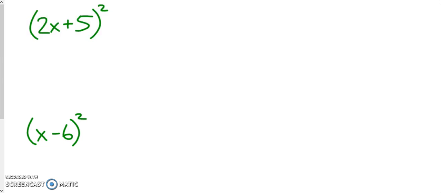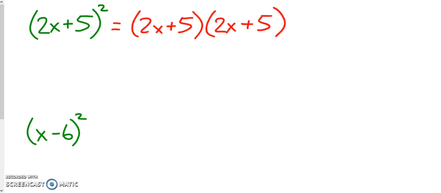So, as a result, we need to approach this a different way. Well, if you square something, just like if I have x squared, that equals x times x. So what I can do here is I can just go ahead and rewrite this as 2x plus 5 and 2x plus 5, and then go ahead and multiply it by itself. So you can FOIL that,